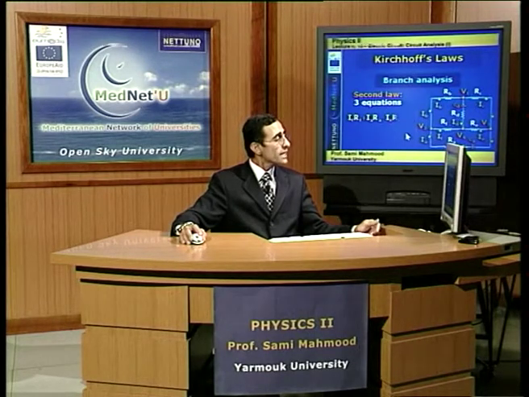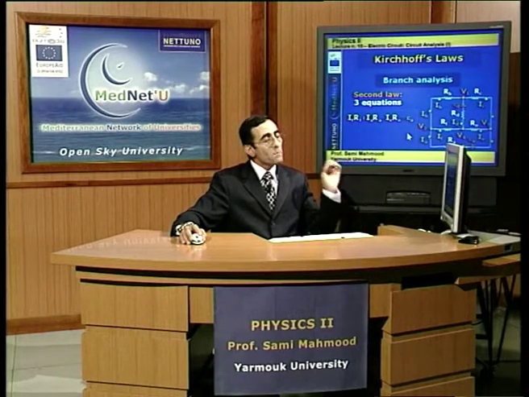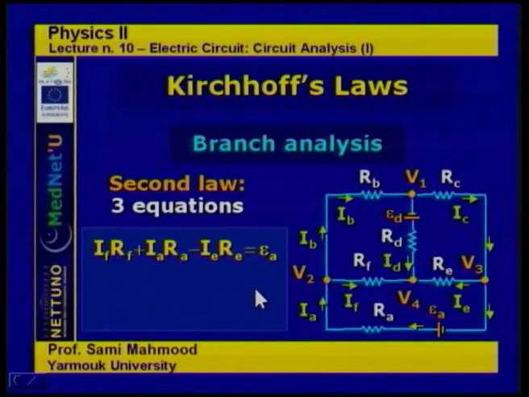Now, the second law also gives B minus n plus 1 equations. B is 6, the number of branches. n is 4, so 6 minus 4 is 2, plus 1 is 3. So we must get three equations from the second law. And these three equations come from going through the loops. We can get IF times RF, going from V2, IF times RF